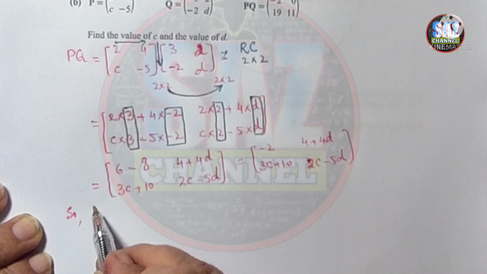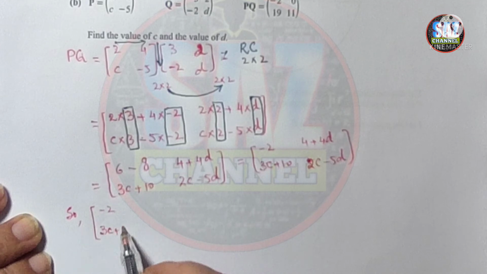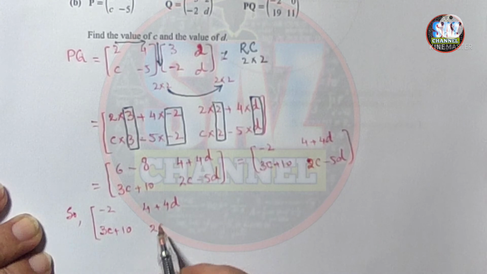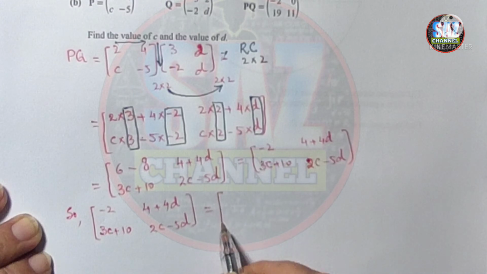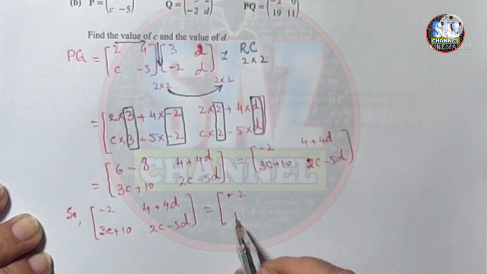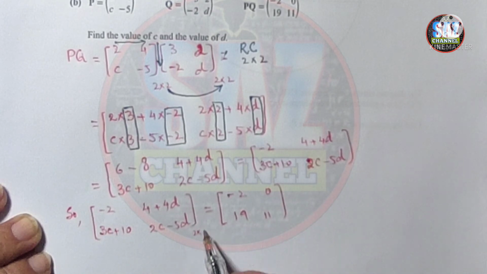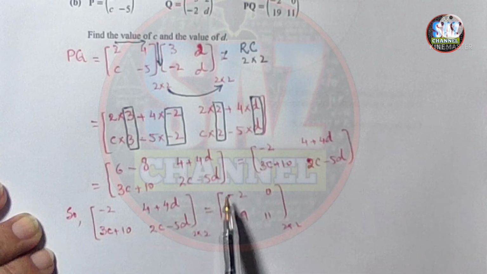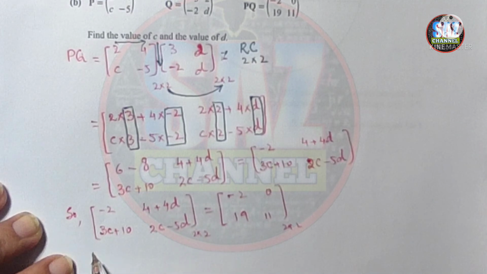And now what we are going to do is compare them. Minus 2, 3c plus 10 and 4 plus 4d and 2c minus 5d equals minus 2, 19, 0 and 11. Because both the matrices have the same order, 2 by 2 and 2 by 2, we can equate them. So we cannot find any unknown with the help of this place. So what we can do is by comparison,